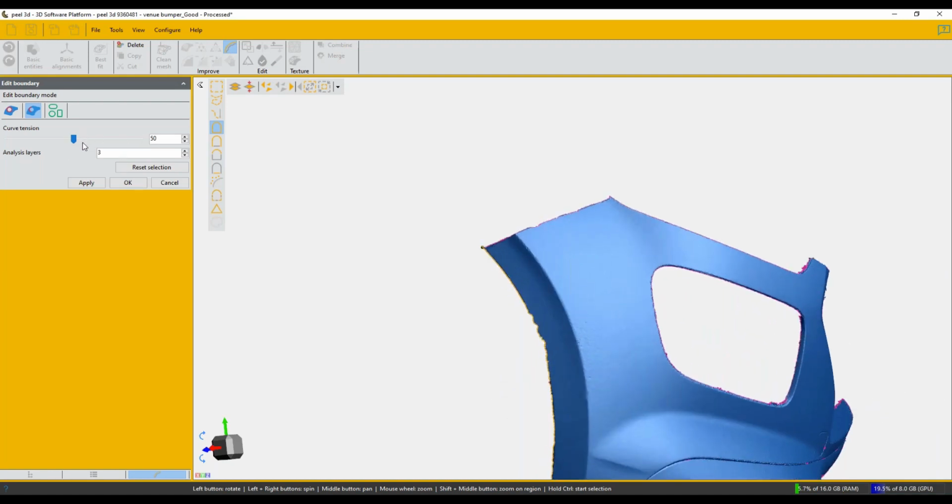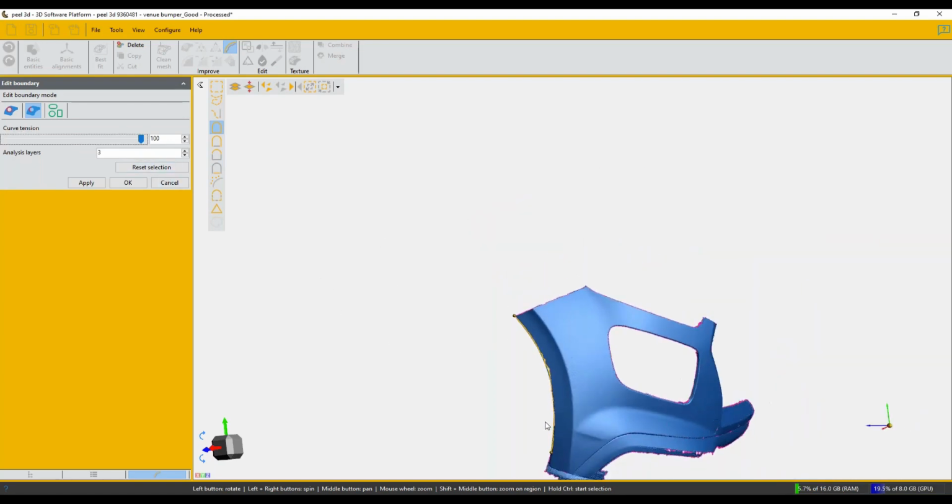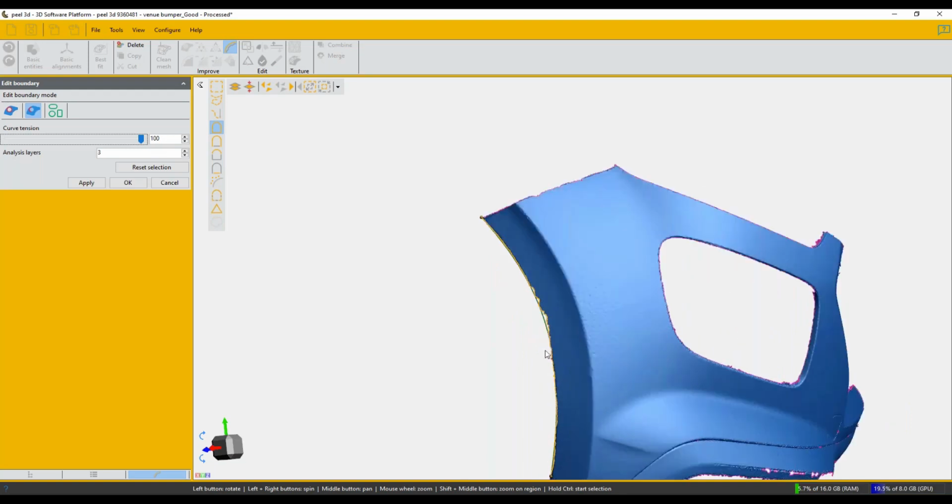We can manipulate the curve tension, and we will see a preview of the curve. As we manipulate the tension, we can now see we've got our green preview there. If I apply too much tension, it's essentially going to create a straight line between my start and stop point, which we don't want. So we just manipulate the curve tension until we get a nice smooth curve flowing between our points. And once we have the desired tension, we'll back it off a little bit here. You go ahead and click apply,